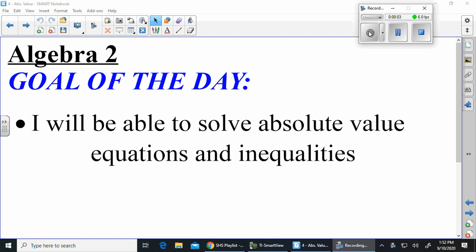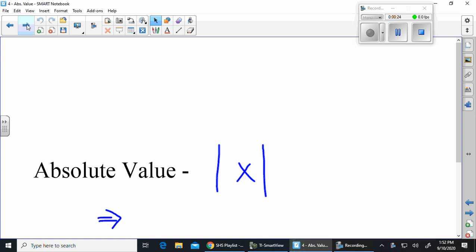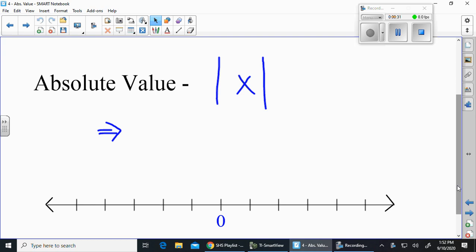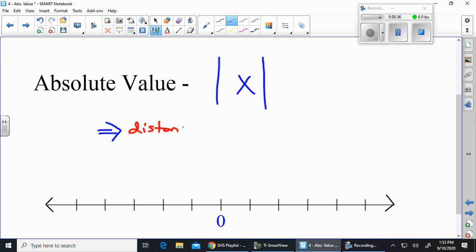Okay, now that we have solved inequalities, now we are going to go to solving absolute value equations and inequalities. I'm going to talk about equations today, inequalities tomorrow, so that these lessons aren't too long. So, absolute value. We should know when we see those bars, the absolute value of a number is the distance